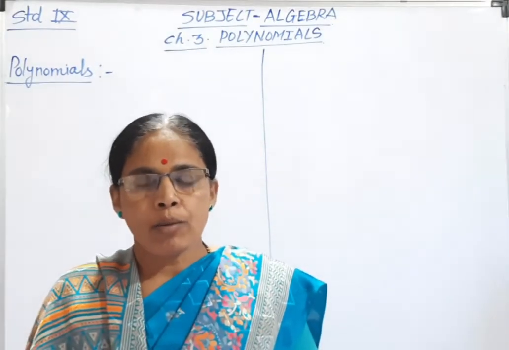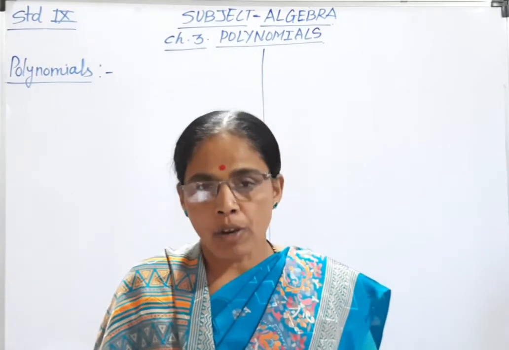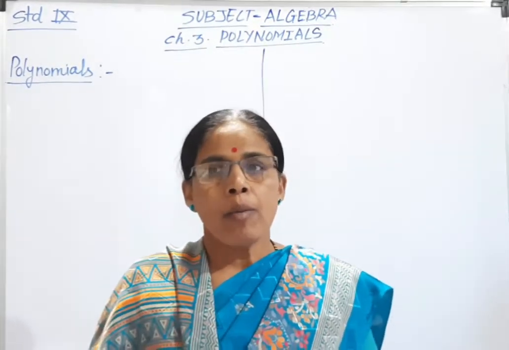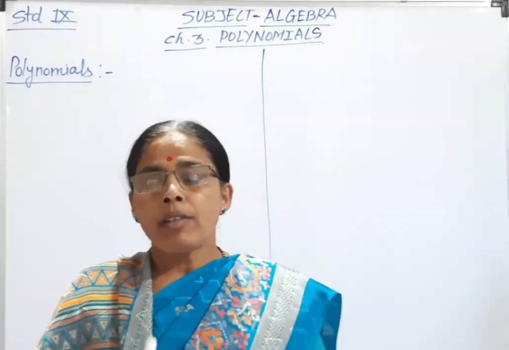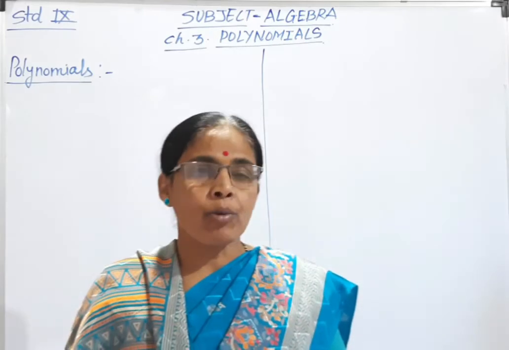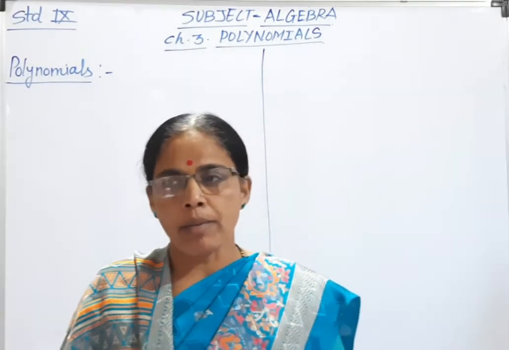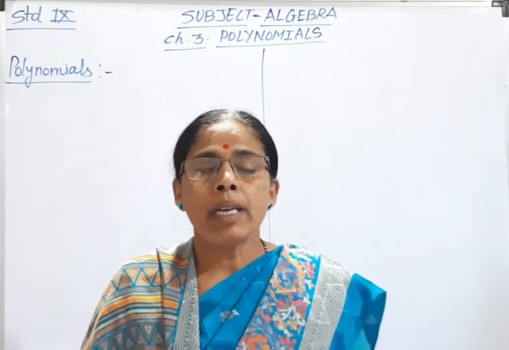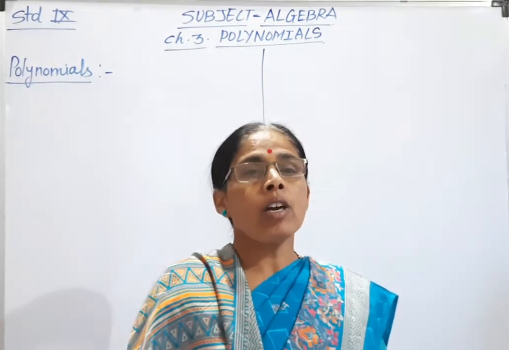For example, we learn about the monomial, binomial, trinomial. If one term is there, for example 2x, it is a monomial. If more than one term is there, for example 2x square plus 5x, it is called a binomial, meaning two terms are there. So these all are called algebraic expressions, and in algebraic expressions, when the degree of that algebraic expression is a whole number.